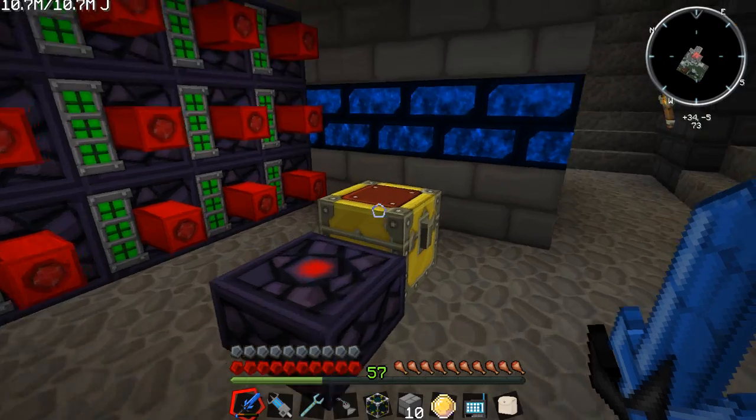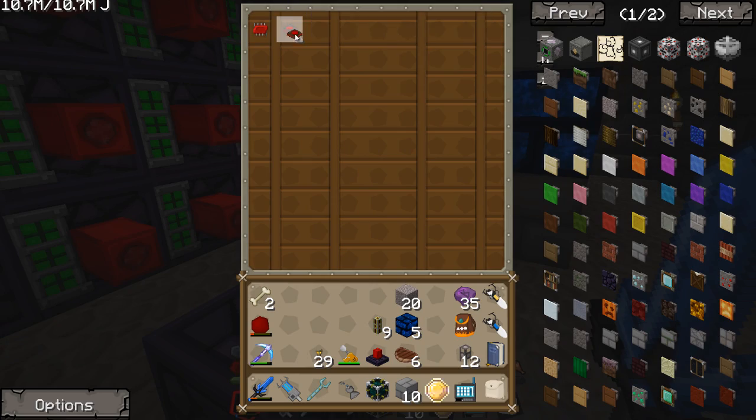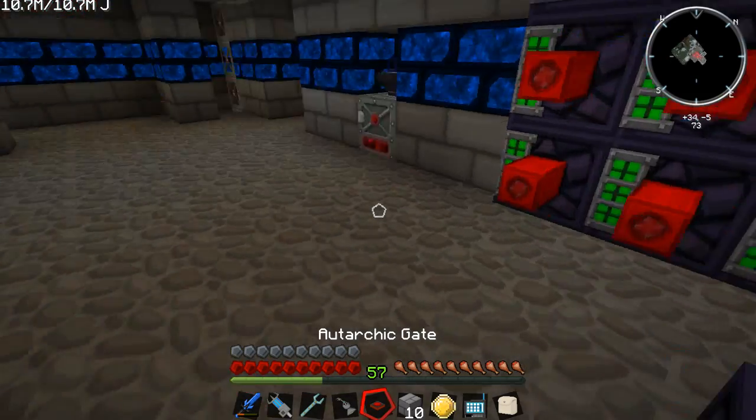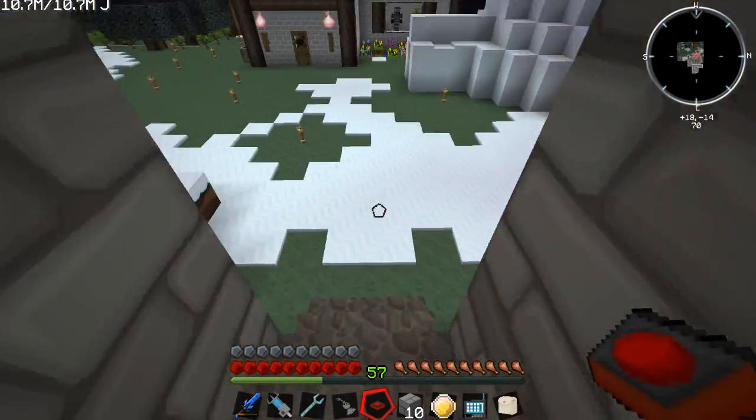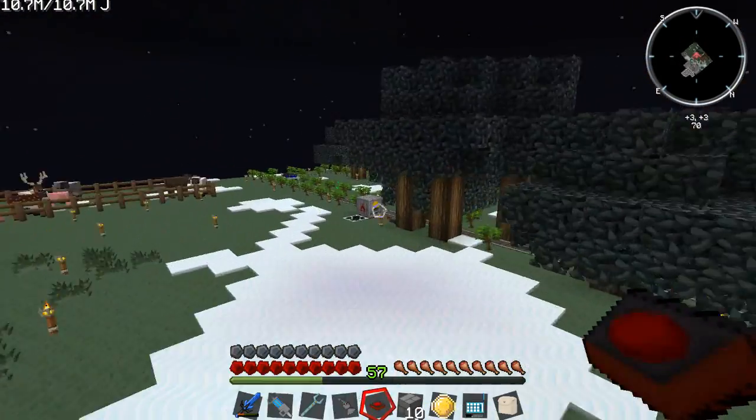Alright, well that is done. We're going to leave that off for now. We have ourselves two on-target gates. Let's go place this guy onto... Wow, it's so small in our hand. Let's go place this on our